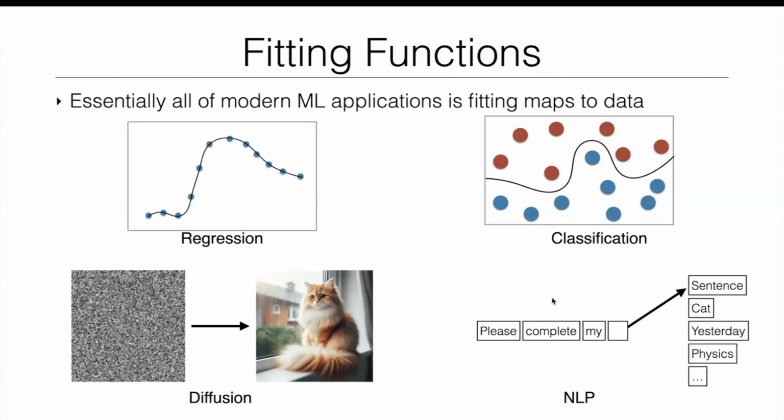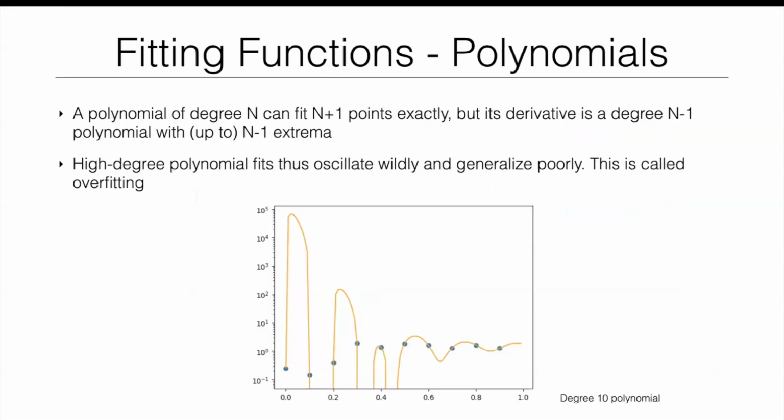In fact, perhaps a simpler way of doing it, or on the face of it simpler, would be to just fit a polynomial to this function. So let's say you have a bunch of points, and now you want to find a polynomial that goes through these points. If you have n+1 points, you can find a degree n polynomial. And this unique degree n polynomial will fit these n+1 points exactly, meaning a degree n polynomial has n+1 parameters, and I can adjust them. And by adjusting them, I can make sure that this degree n polynomial goes through all of these points with